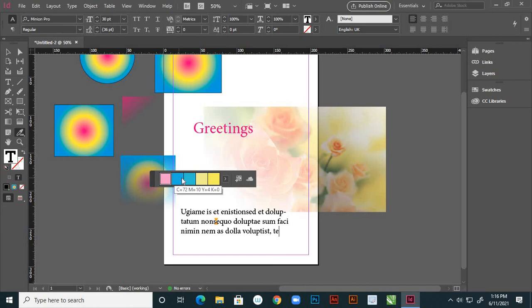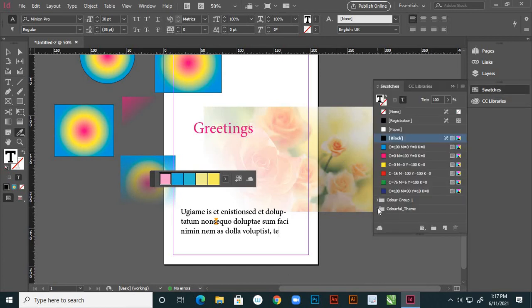So here CMYK, it is showing, right? And here it is colorful, and it is brighter, and this is darker, and so on, right? And here it says add this theme to swatches. If you want to add this into swatches, you can add them.